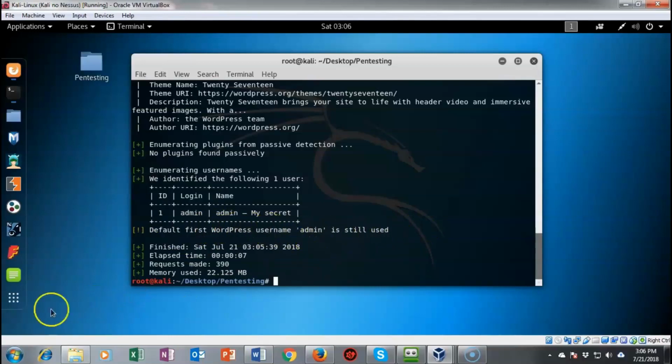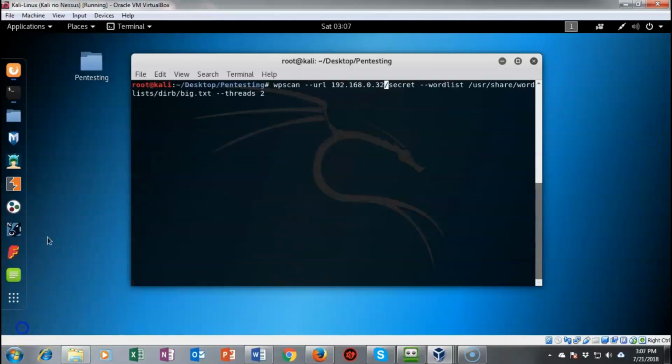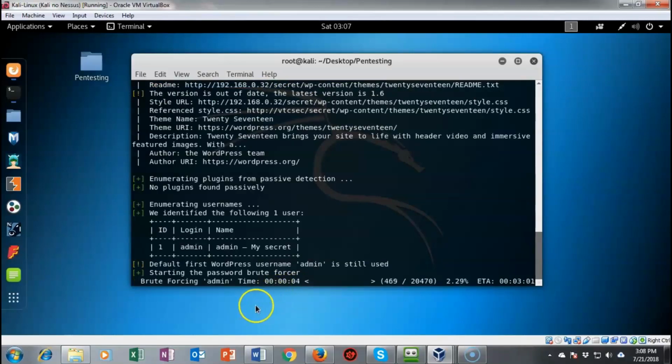Now let's go ahead and see if we can figure out the default password. For this scan we're going to again use WPScan, and I've typed in the same information as before. This time I told it that I want to use a word list, and this is where the word list is located. And I want at least 2 threads run on this particular scan. Now, what I'm going to do here is go ahead and hit enter. In just a moment, it's going to come back and it's going to find me the password that goes along with that admin username. And down here at the bottom, you can see it doing a brute force attack against